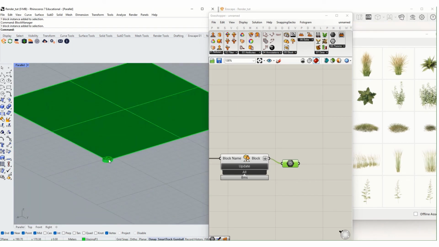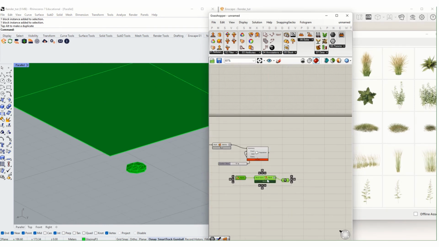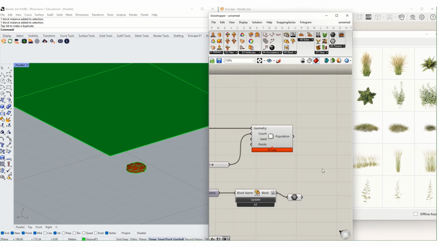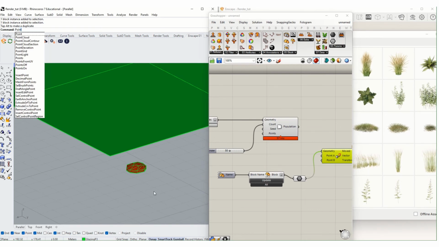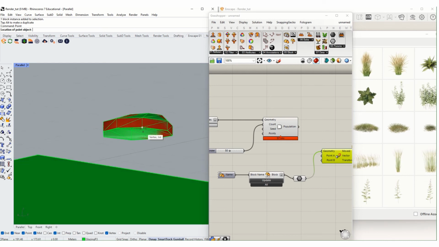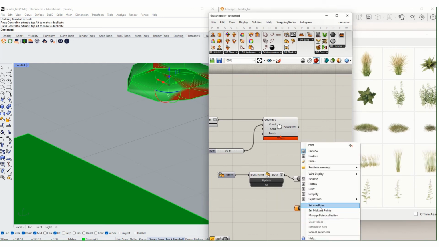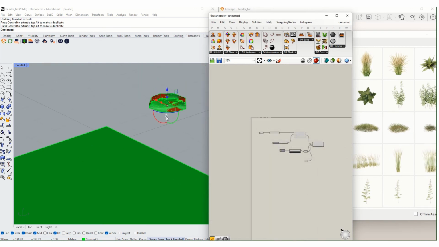So then the next thing we want to do is move all these blocks. We can say move, point, get our geometry, and we can define a point, so say we want the point to be the center of the asset. So then you'll see